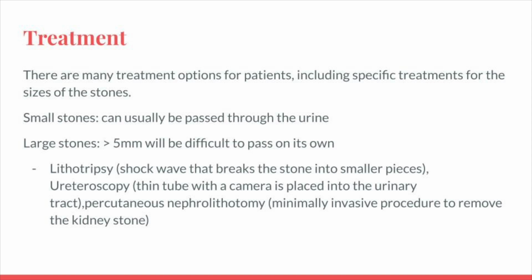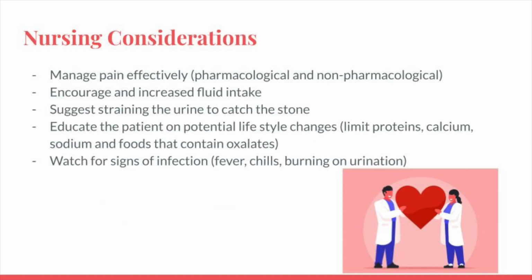For example, for smaller stones that patients can usually pass on their own, we recommend increased fluid intake to really flush out the kidneys. They may also take different NSAIDs for the pain they can experience upon urination, and prescribe alpha blockers like tamsulosin to facilitate the passage of the stone. For larger stones, typically above 5 millimeters, which are harder for the patient to pass on their own, there are different procedures that the patient can try. For example, going in and physically removing the stone, or using shock waves to break the bigger stone into smaller pieces.